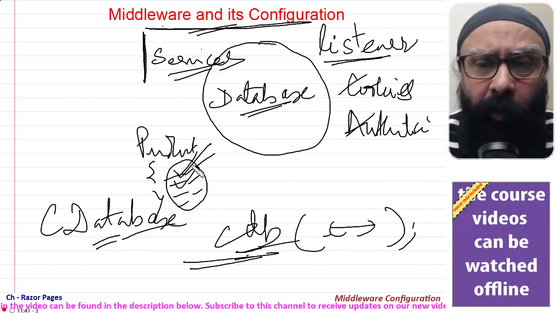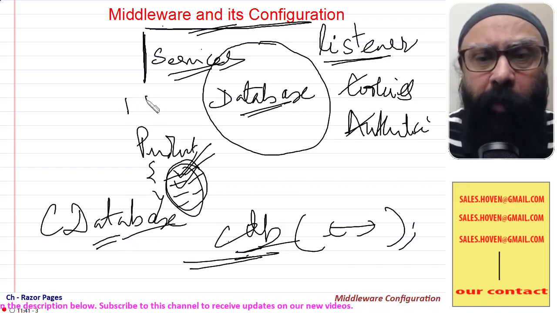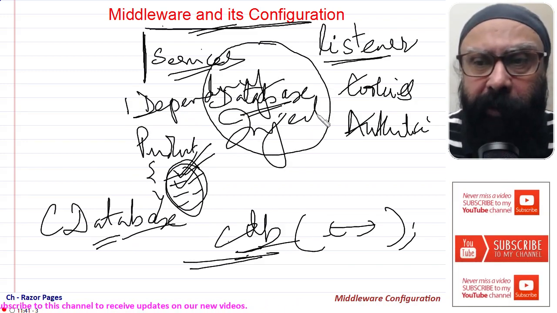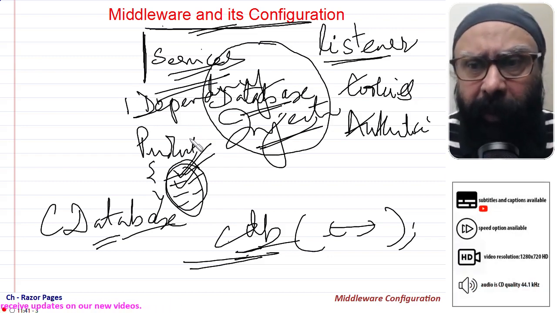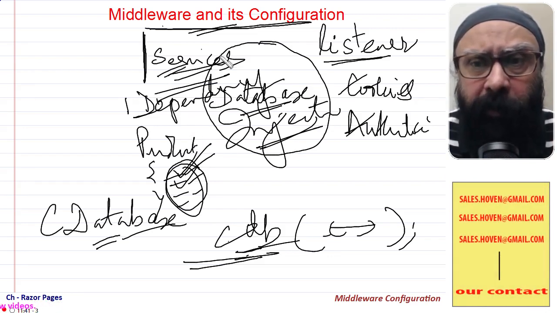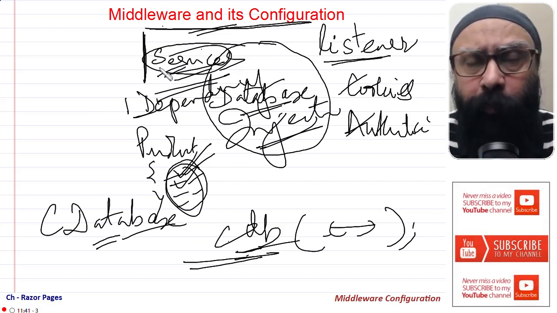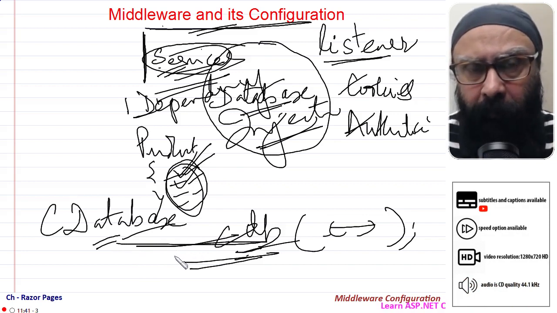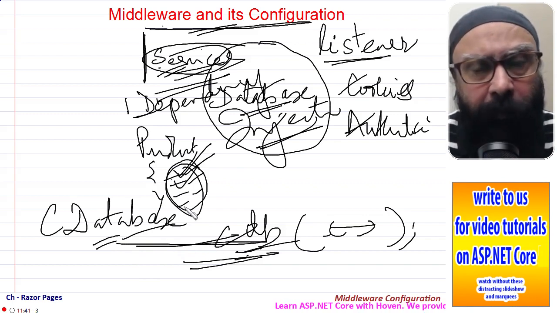To avoid all this, ASP.NET Core gives you the concept of dependency injection. I'll cover the details of this concept at a later stage when required, but roughly, the services that you configure are used to provide you a ready-made object of that class. Let us say I am on the product page and I have 3-4 methods.